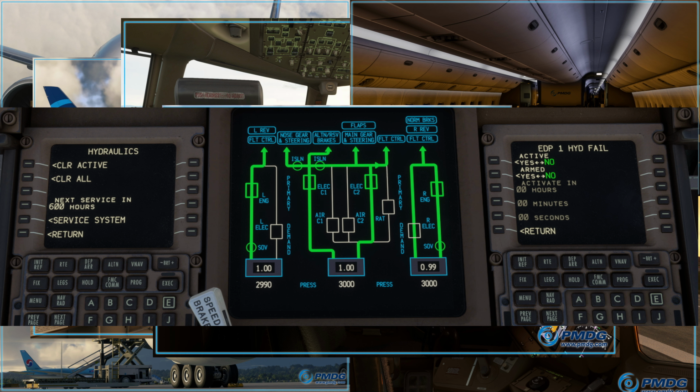Now, each of those hydraulic systems is powered by at least two sources. You can see on the left side you've got the engine-driven pump, and then you also have an electrically driven demand pump that only activates when the system is under a certain load, and the engine pump alone cannot keep up with it. The center system then is driven by electric primary pumps and air-driven backup pumps, which also